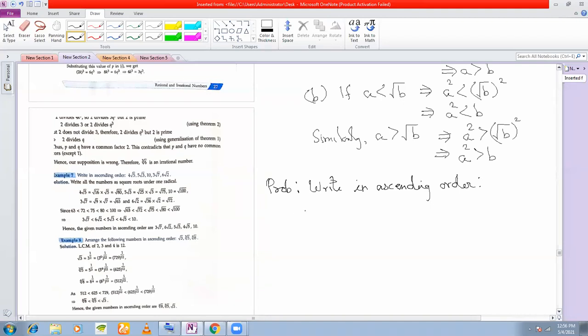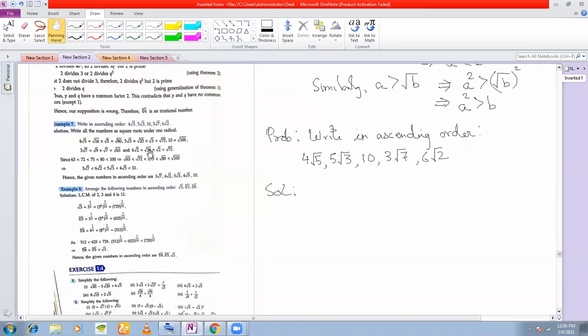In ascending order, what do you have to write in ascending order? You have to write 4 root 5, 5 root 3, 10, 3 root 7, and 6 root 2. You have to write this in ascending order. How do you write? Now, if you see all the numbers that are given to you here,